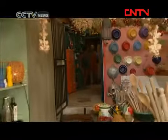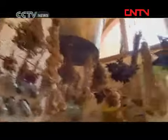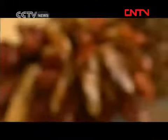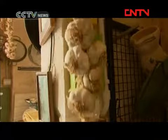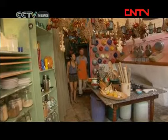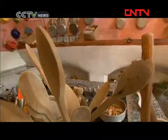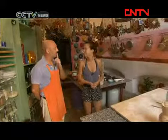So do I find the kitchen through here? Yes, that's it. This is... Wow. This is like my dream kitchen. You know how kitchen envy I am right now. Wow. This was formerly a stable, and over the course of about a year and a half, I converted it into the kitchen. Yeah, you can see the rings for the horses. Yeah, of course. Would you like to learn some...